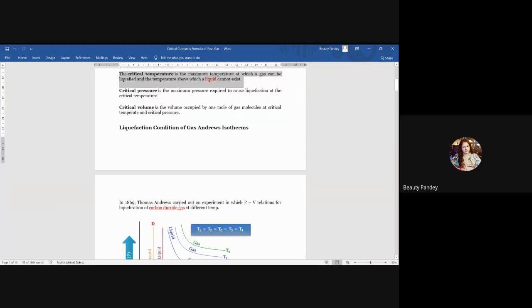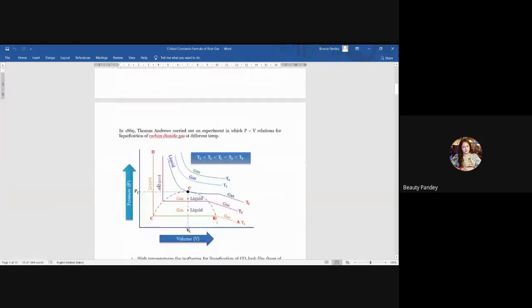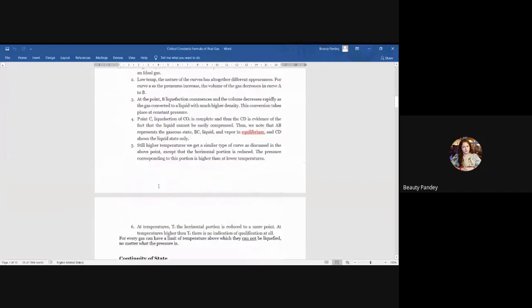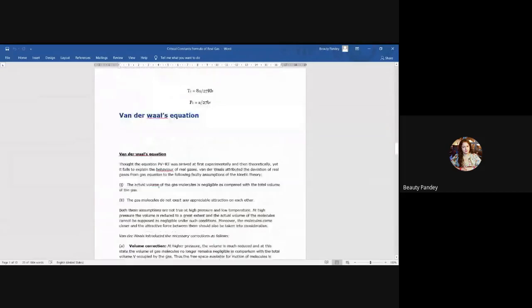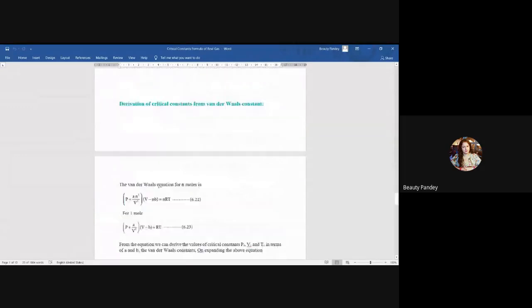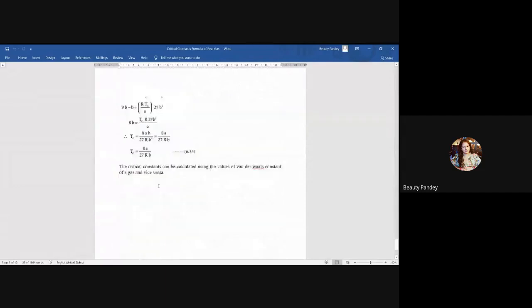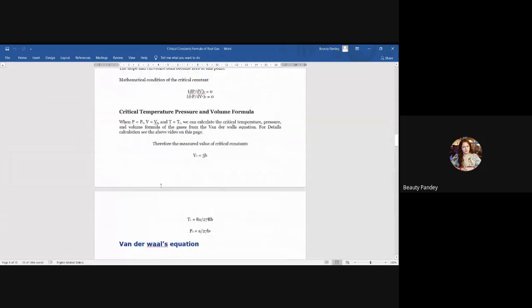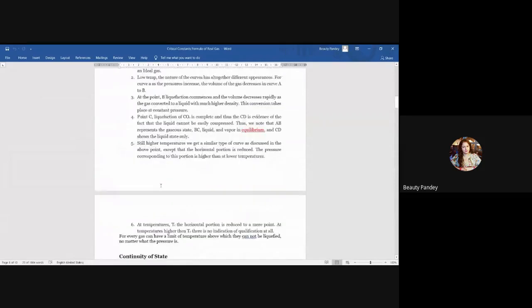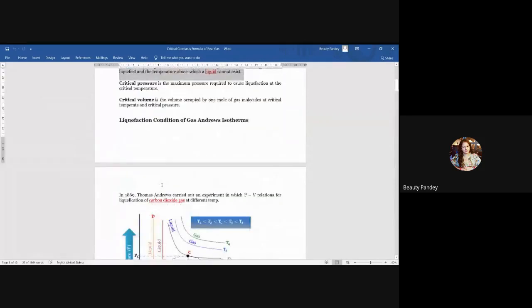There are a few more topics I have to explain to you: this graph, and then continuity of state, two to three lines, and then significance, which is not here. Significance is in another document. So another 15 to 20 minutes are required in this topic. Do you want me to continue? Students? Do you want me to complete this?